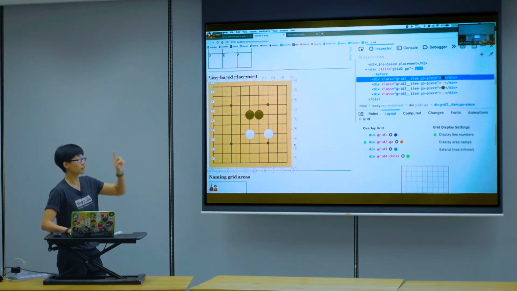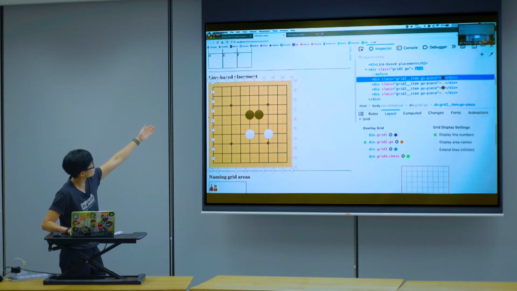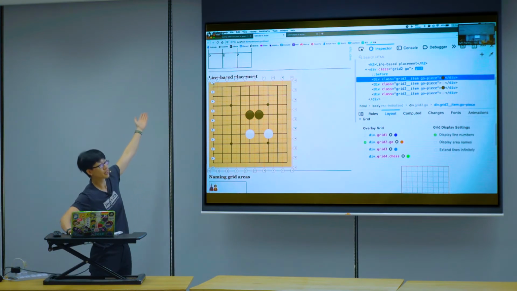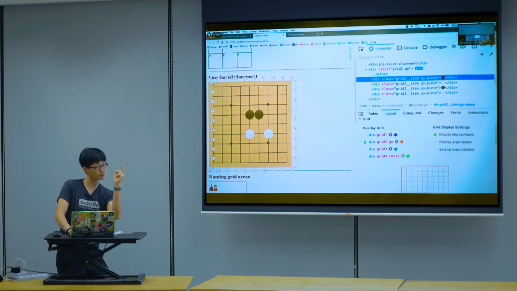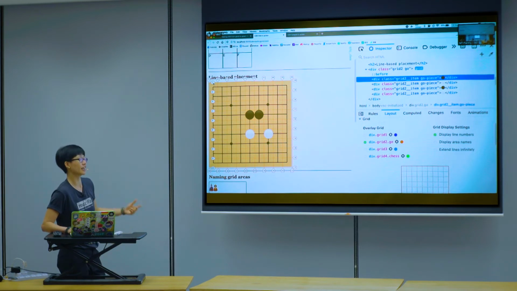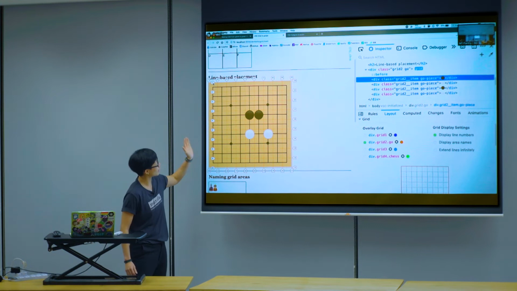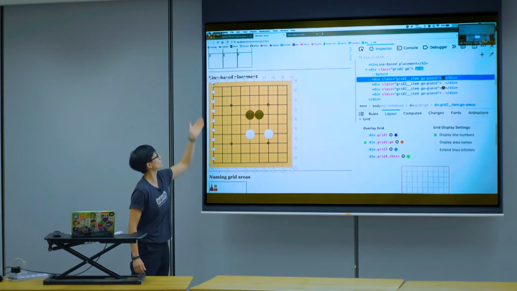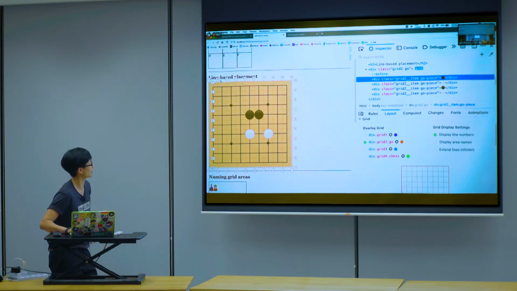One more thing about Firefox DevTools is the UX feature. If you look, this grid is very close to the edge. Under normal circumstances, this label would be outside your window. But no, the Firefox DevTools team addressed this problem. Actually, people complained, and then they went and updated it. And now as you can see, if it's at the edge, the label shifts in. So you'll always be able to see your label. UX improvement, everybody. UX improvement.